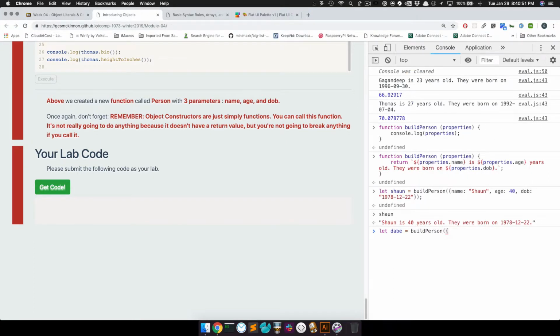Only this time I'm going to do, we'll do age is 40. Actually, we'll say his age is 35. We'll say he was born on 1984, 04, 04, 05, we'll say. There we go. And then his name is Dave Collins. There we go. Close my object, close my parenthesis, hit that, and boom, and then I type in Dave,